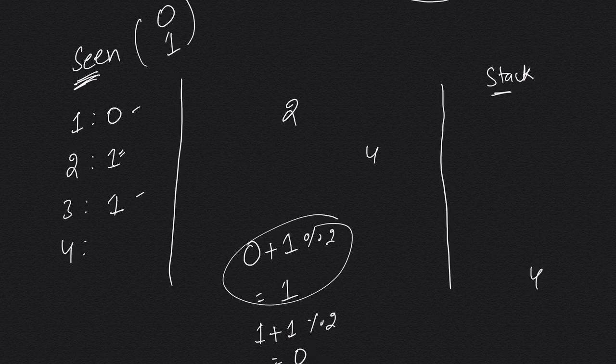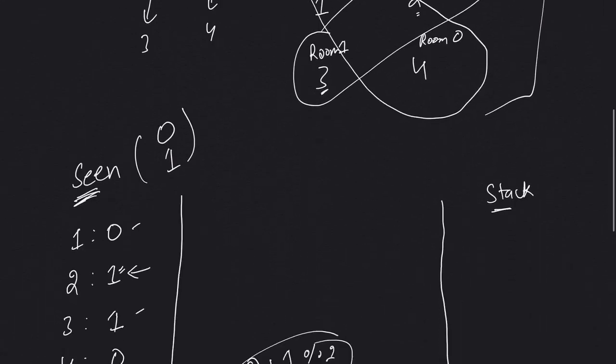So now I need to assign 4 a room in which we don't have 2, and 2 is in room 1, so I will assign a different value than 1. The option we have is 0, and I'm using this. Okay, now I will pop 4,